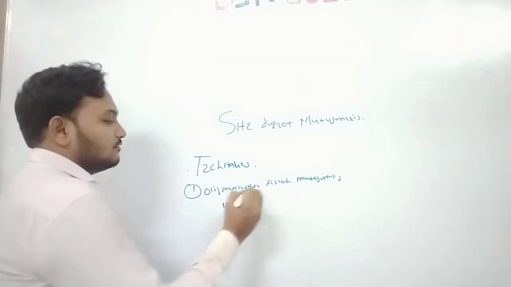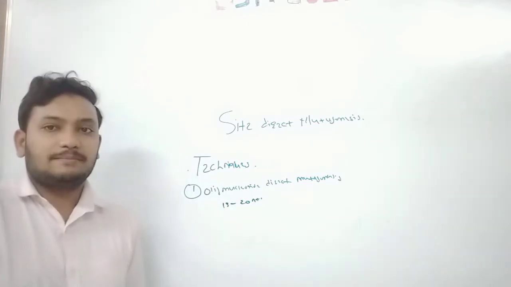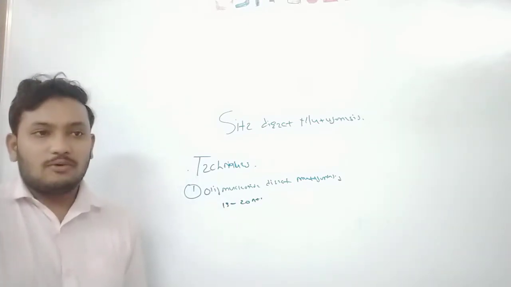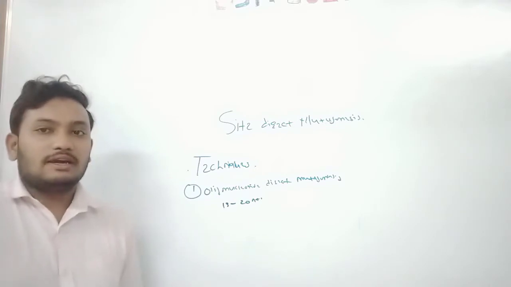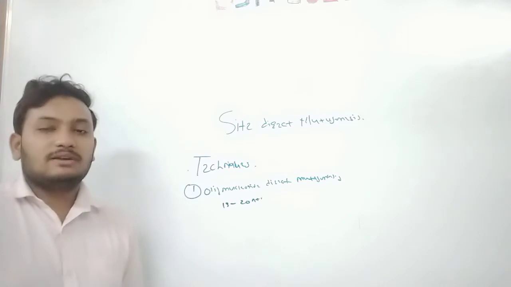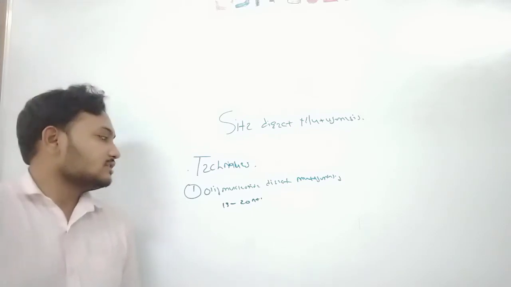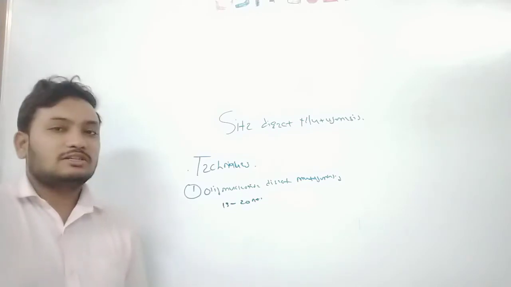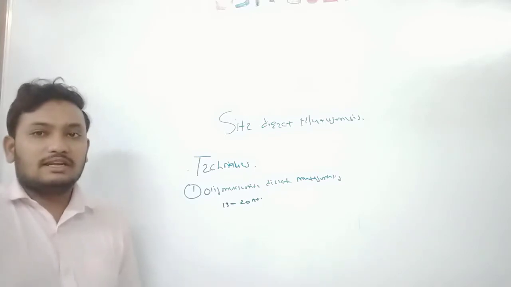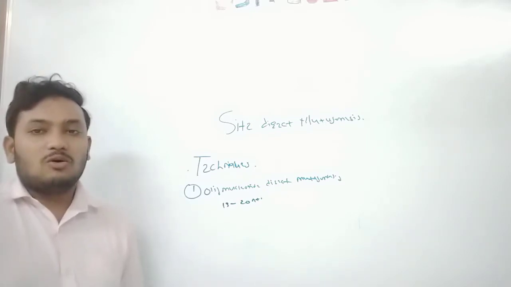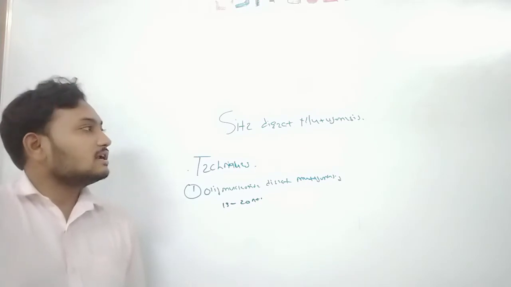The 15 to 20 nucleotide oligomers, they are synthesized as the primer in our in vitro condition. Okay, this is the primer, we know about that. In DNA replication, one strand acts as a template for the synthesis of the other strand. Primer is important for synthesizing the complementary strand. Same like that, in oligonucleotide directed mutagenesis, we synthesize 15 to 20 nucleotides artificially in vitro, this is the primer, for a particular site on the